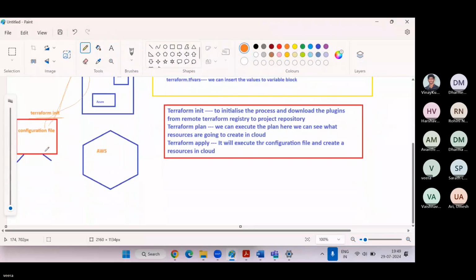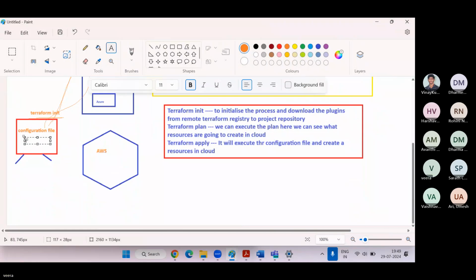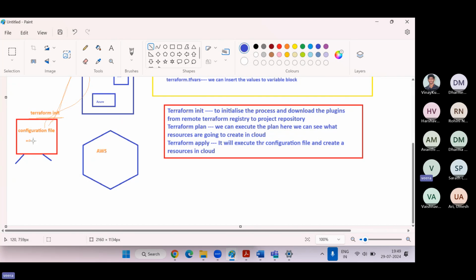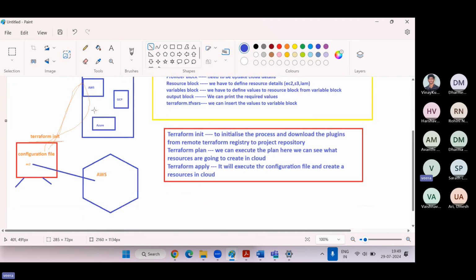Before the request goes to the AWS console, it goes to the plugins. When you run Terraform init, the required plugins will be installed. After that only, your configuration file is able to communicate with your AWS cloud.